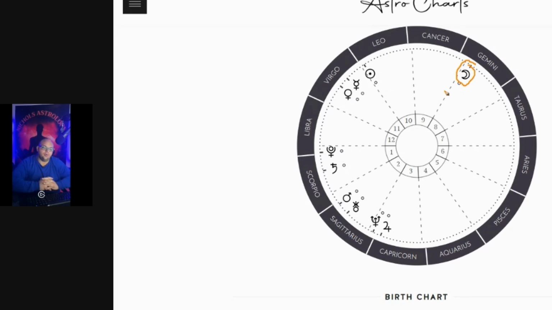Kind of like why you argue. Well, how do these celestial bodies really influence us? But the moon, if you think about it, controls the tides of the earth, and we're like 80% water. So why wouldn't it control us? But the moon, anyways, is your overall emotional undercurrent. It's kind of like your emotional state, like how you need to be emotionally fulfilled to make yourself happy. It could also be about your